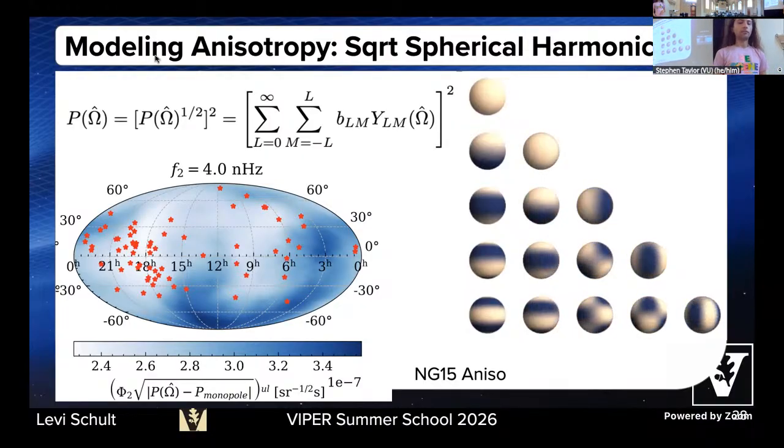There's some complicated math to convert your BLMs, which are your coefficients on your spherical harmonics, to what you may know of in the linear case. But this works really well. You now have positive power everywhere on the sky, which is great. And the sky map in the bottom left is what you're seeing from the NANOGrav 15 year in